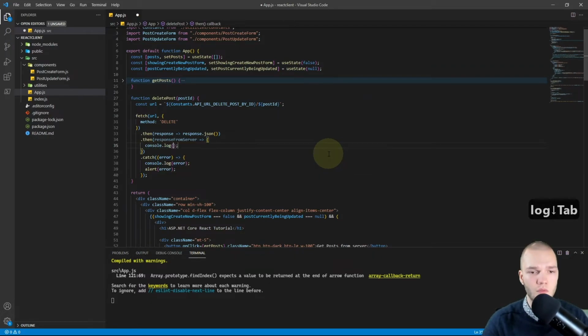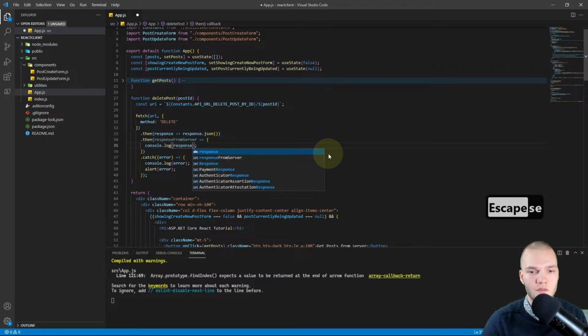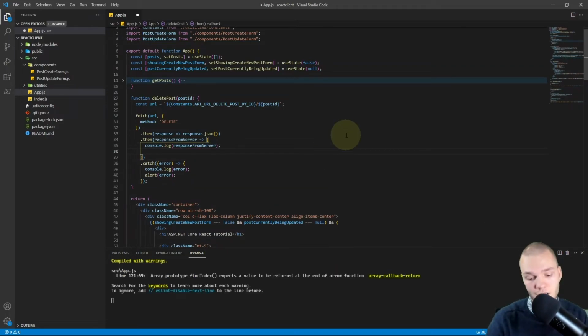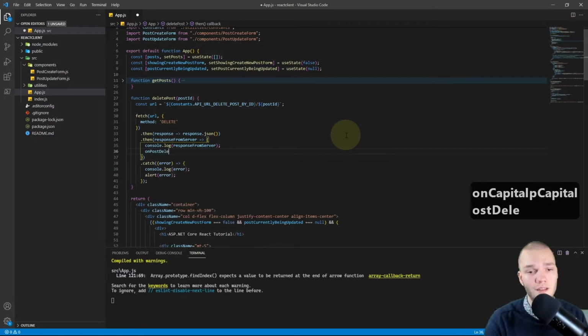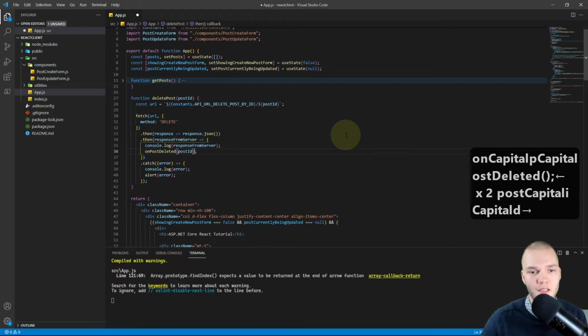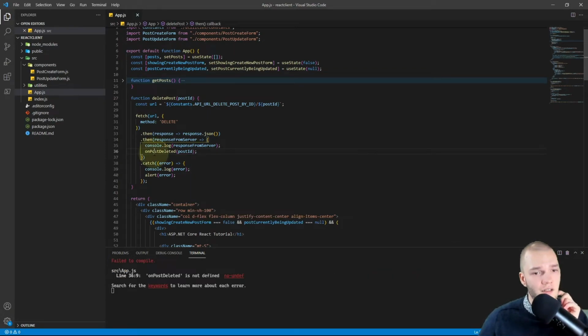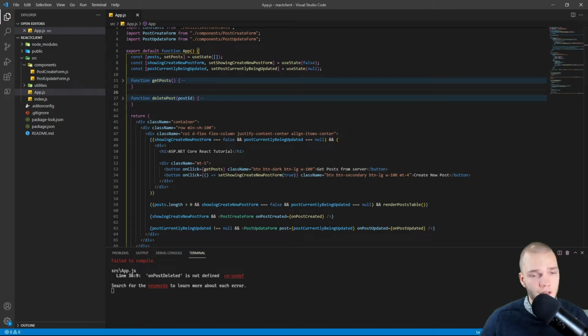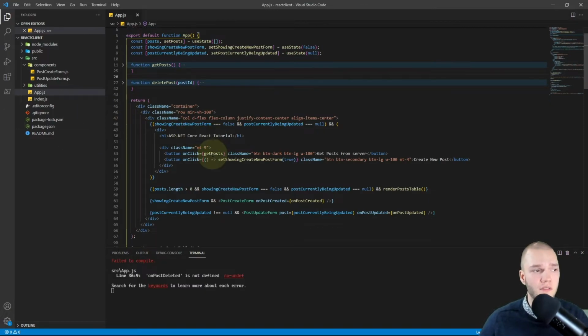So I'll do log and pass in that responseFromServer. And then I want to call onPostDeleted and pass in the postID, and that does not exist yet, but that's the actual deletePost function done.